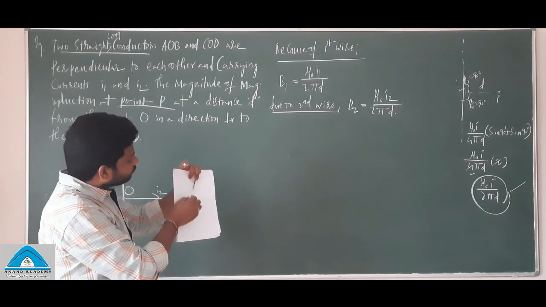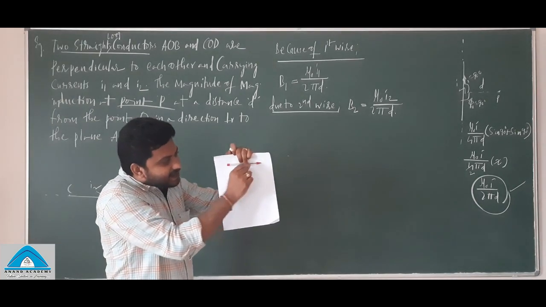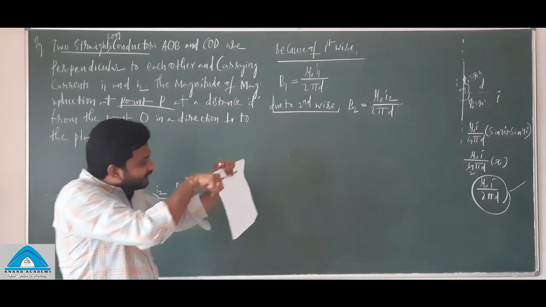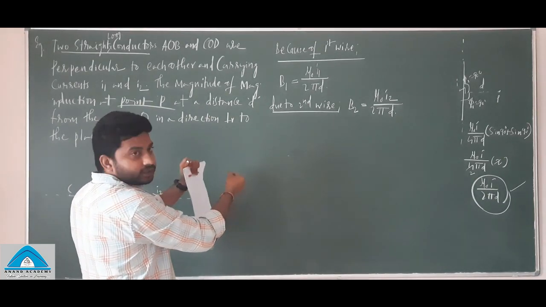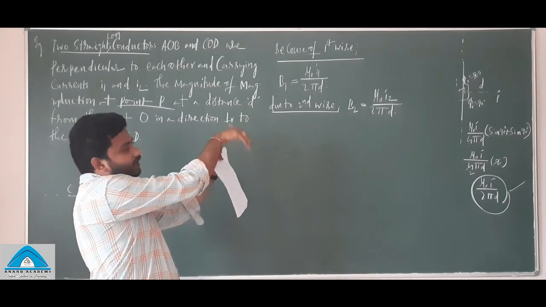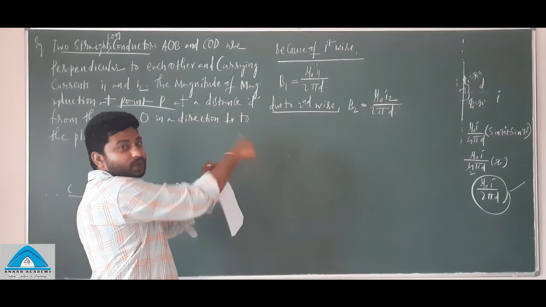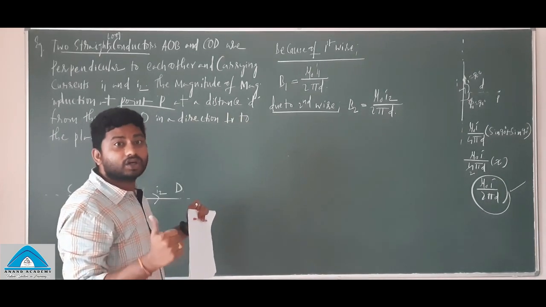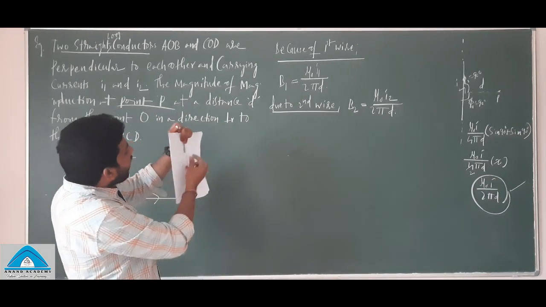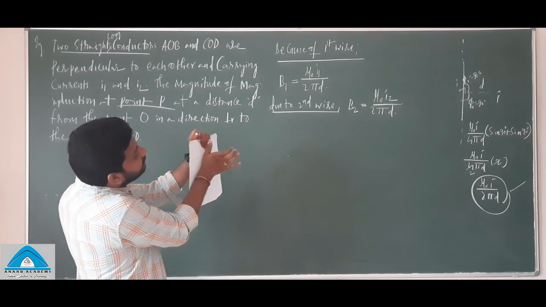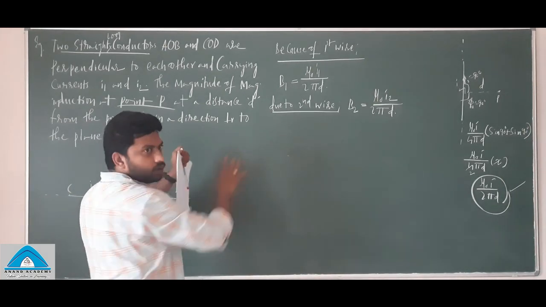Okay, now the second one. Because of this, the current is moving in this direction. Carefully see, the current is moving in this direction exactly at this point. So the magnetic field lines are moving here in this way. Clear? Sure? Again I am telling you, because of this wire, at a point P, field lines are moving like this.